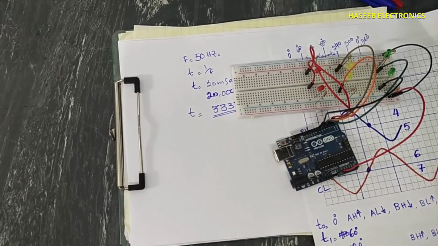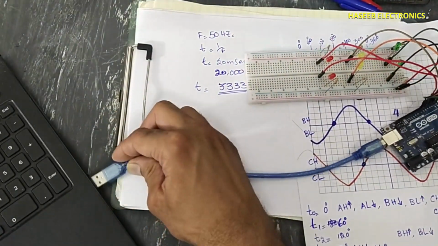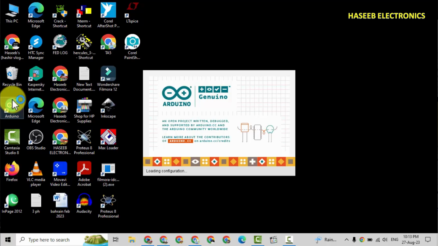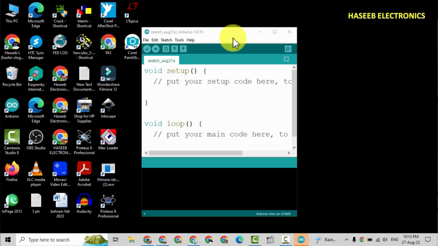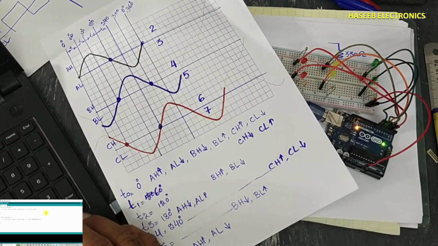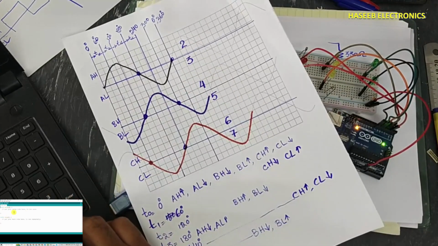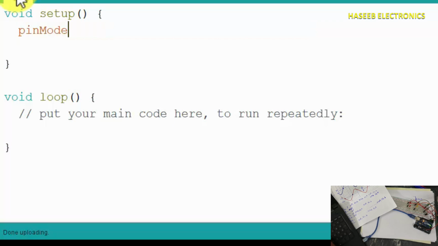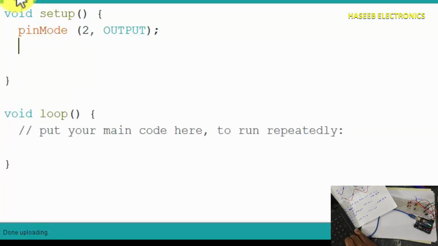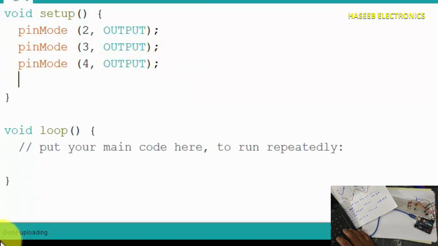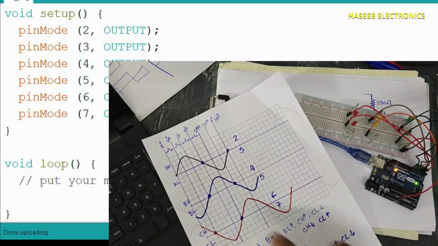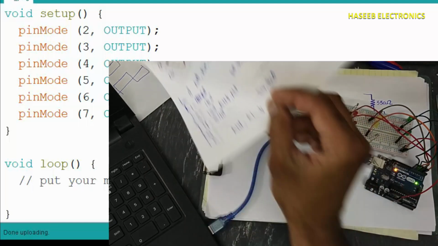Now let's write the code. Now I am opening Arduino. And we will build this program like this. In the setup, here we will write pinMode 2, output. We need a standard delay, which we will define here, T, time delay.